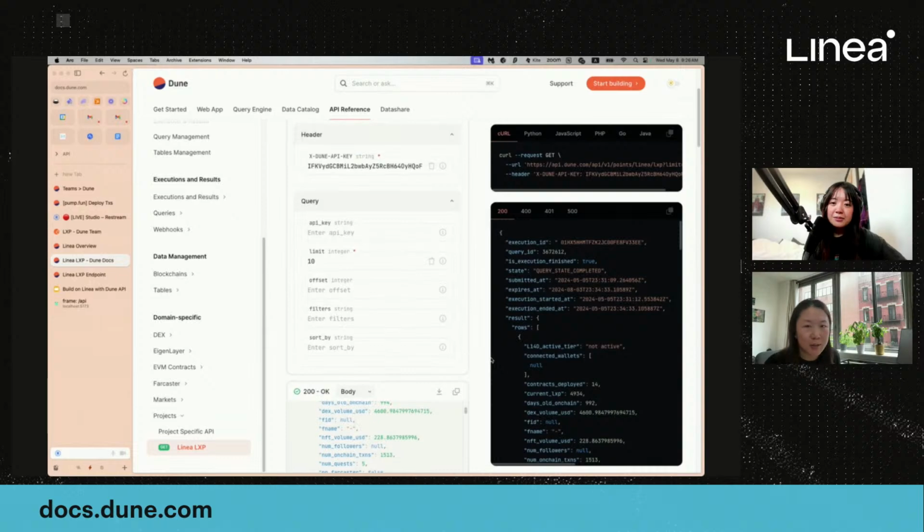So if you need the data for any front end, like you said, you can fetch it and display it in your dApp. And if you want the data to conditionally execute the next step, you can also do that. So I guess maybe this is a good point to talk about